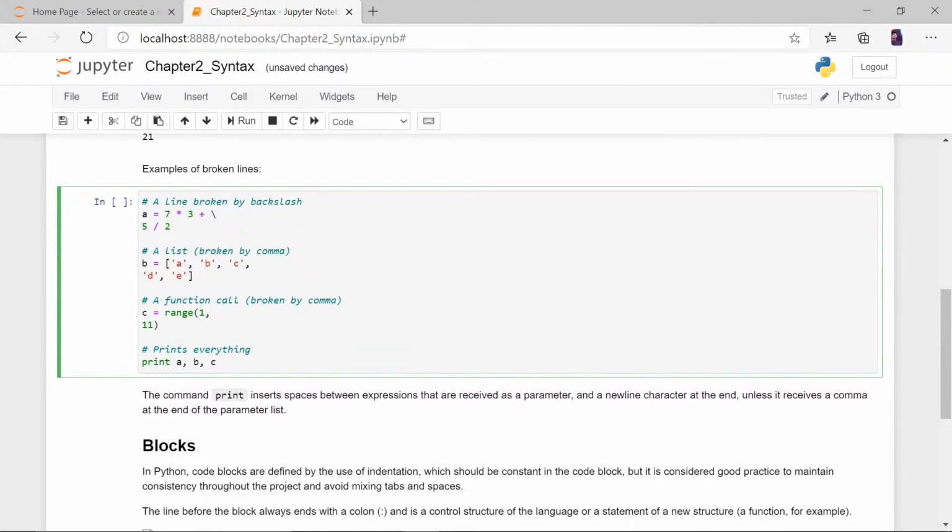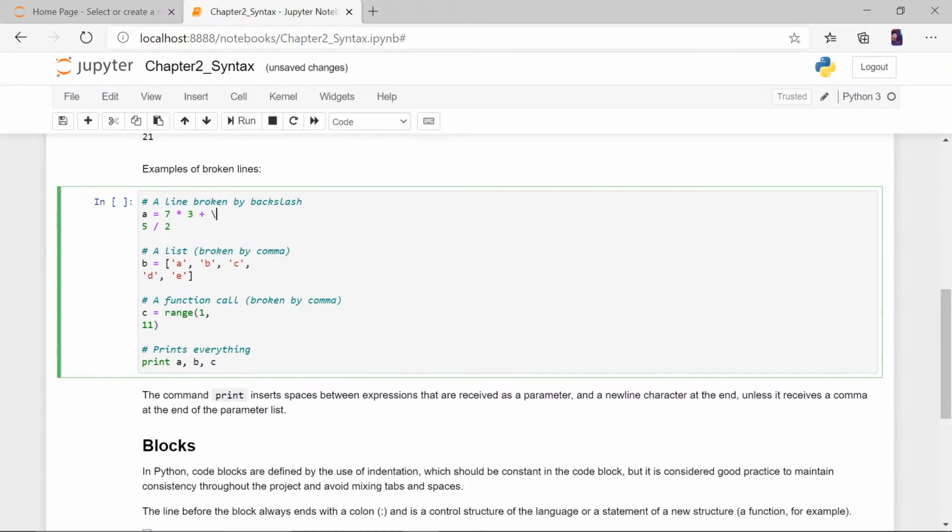Yes, a list broken by a comma. If you want to divide two mathematical operations onto different lines, like I want to do 7 into 3 here, and 5 slash 2 in the next line, but it is a part of this same calculation, I'll put a backslash. You won't really use it, but it's just for information.